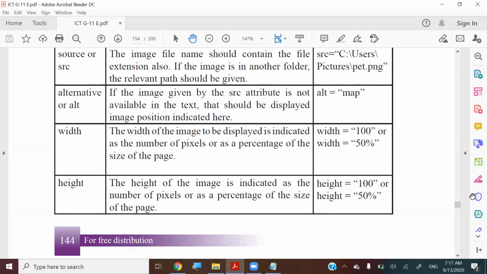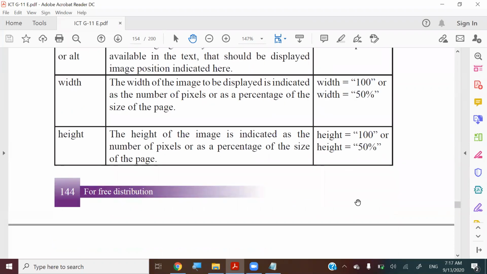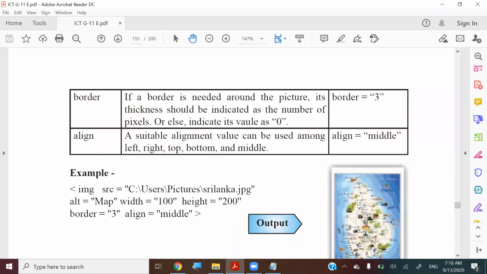And width and height is there to control the width and height of the image, because an image can have its natural width and height if we are not specifying this. So it can be something very much larger than the web page, or something smaller than you expected. So we can change the width and height using these, right? Yes, and the border and the align is there to